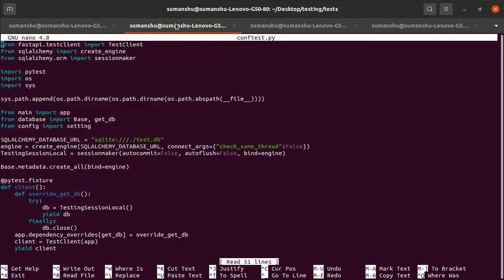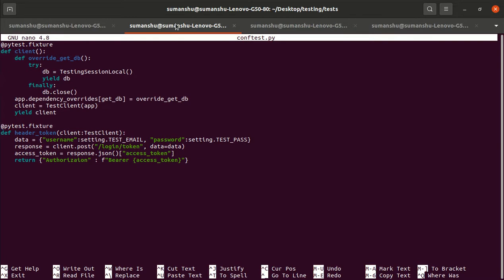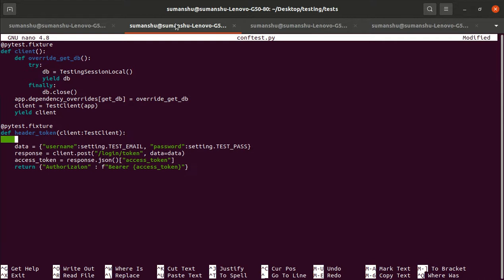Nano conftest.py file. So what we will basically do, we have the data ready. Before setting the data, we will check whether the user exists for this particular test email or not, because if it doesn't exist, how will it insert the user? So user is equal to db dot query on the user table.